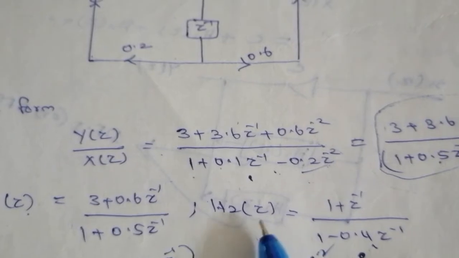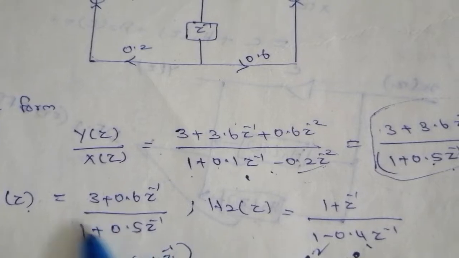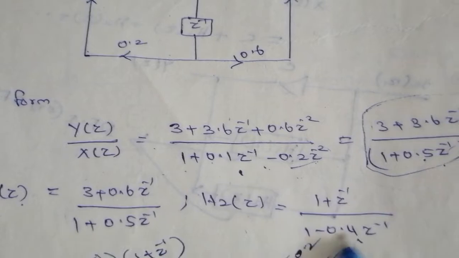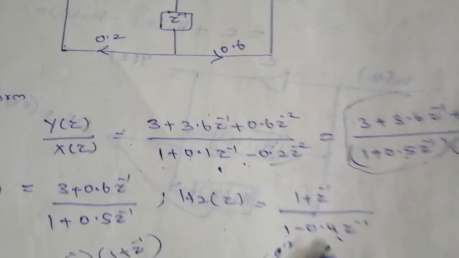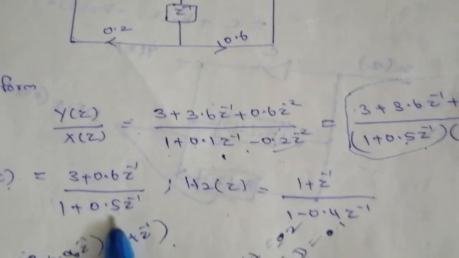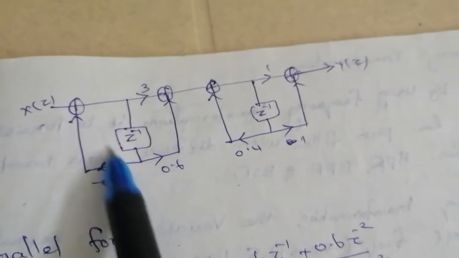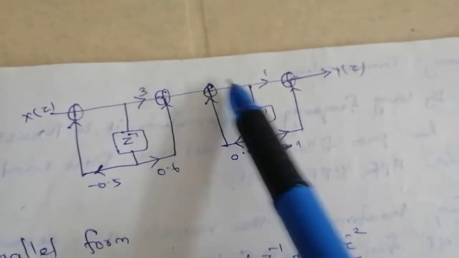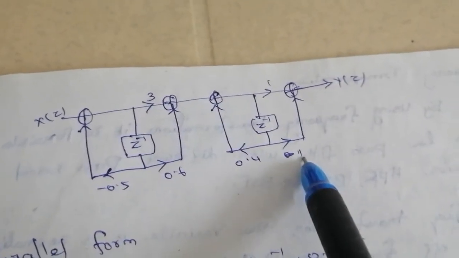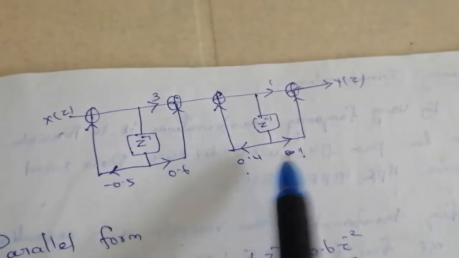So next method is the structure, that is the diagram. We have to do the direct form 2 structure, right, for this H1 of z, and then it is serially connected with this H2 of z. That structure is called the cascade structure. So in the direct form 2 structure, the P0 value is 3, P1 value is 0.6, A1 value is minus 0.5. So this is the cascade structure. This is the first H1 of z diagram, which is serially connected with the H2 of z. This is P0 value 1, P1 value is 1, and A1 value is plus 0.4. Is it clear? This is the cascade structure.